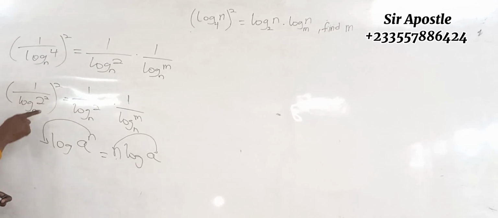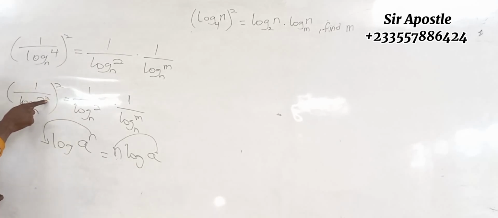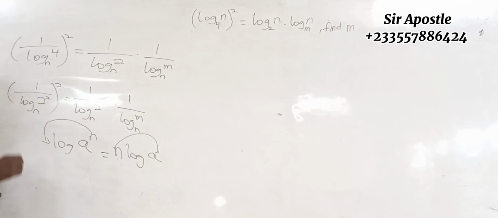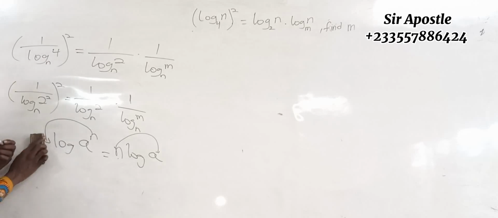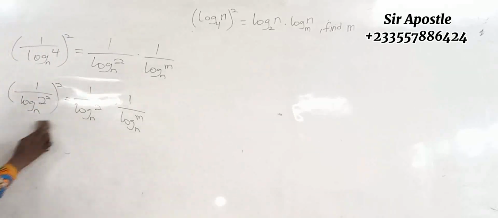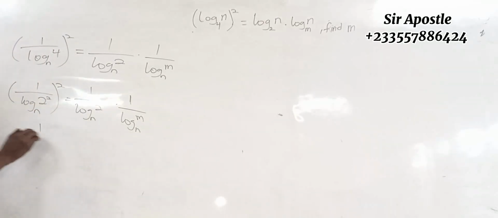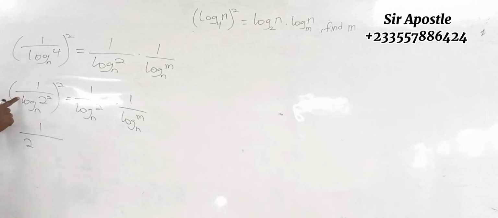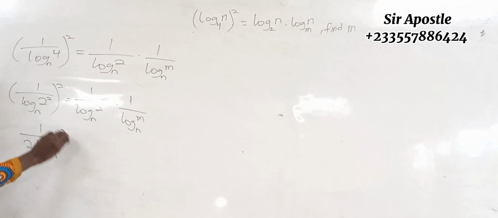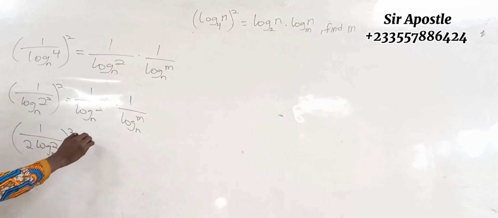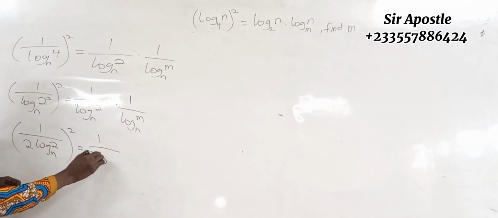So looking at this exponent 2, I can bring it to the front of the log, which will give us 2 log 2 base n. Now, so let's move on. We're going to have 1 over 2 log 2 base n, all squared, equal to 1 over, we are maintaining this one,